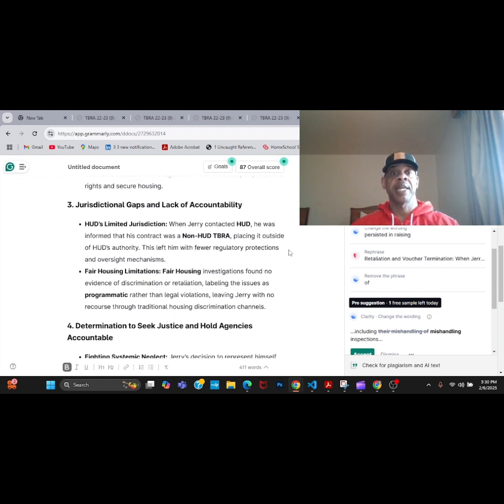Jurisdictional gaps and lack of accountability. HUD's limited jurisdiction. When I contacted HUD, I was informed that my contract was a non-HUD tenant-based rental agreement, placing it outside of HUD's authority, and this left me with fewer regulatory protections and oversight mechanisms.